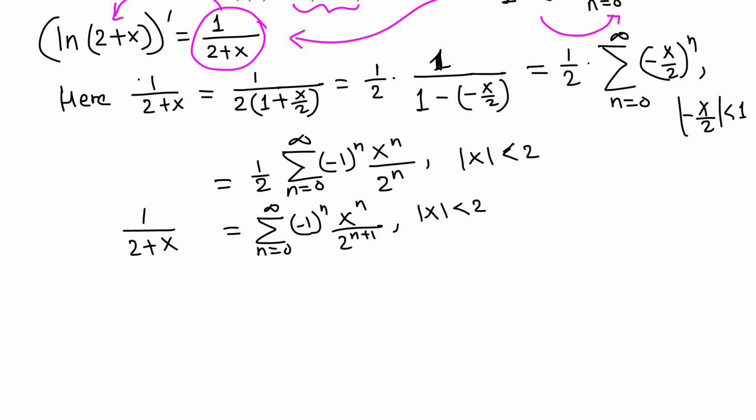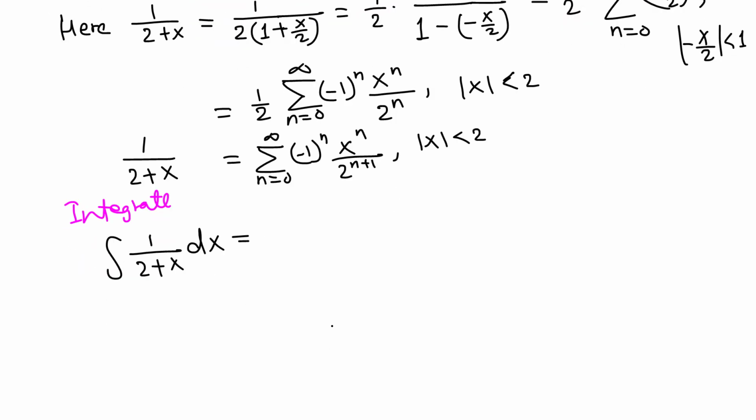But our question, the function is ln of 2 plus x, and this is the derivative of ln of 2 plus x. So we want to integrate both sides. Okay, integrate both sides with respect to the variable x. So 1 over 2 plus x is equal to,